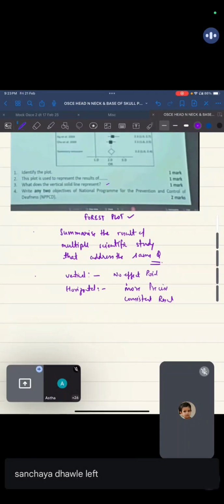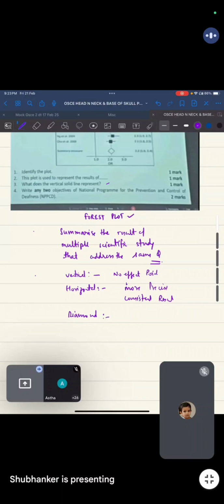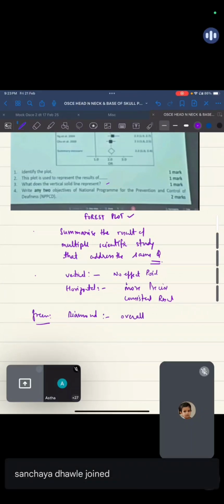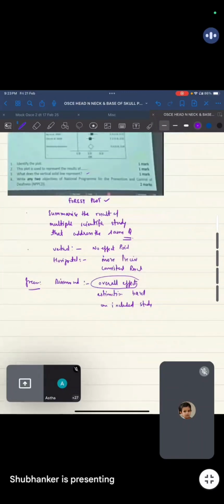अगर ये आपका colored picture होगा तो this diamond is colored. Okay, most of the cases this is a green diamond. ठीक है, तो ये पूछते हैं green diamond का मतलब क्या होता है. जो bottom पे है, this shows the overall effect estimation based on whatever studies you are doing, so उसके ऊपर कितना overall effect हो रहा है. ठीक है, so this diamond represents this thing. Now coming to this